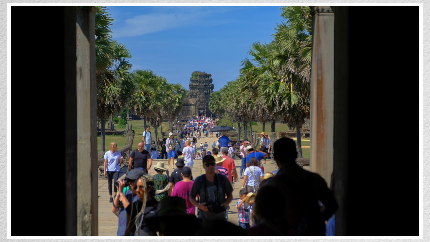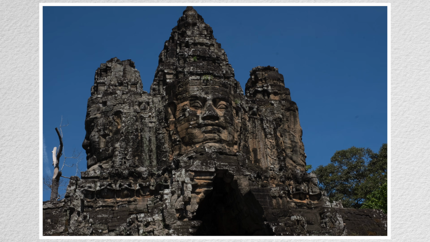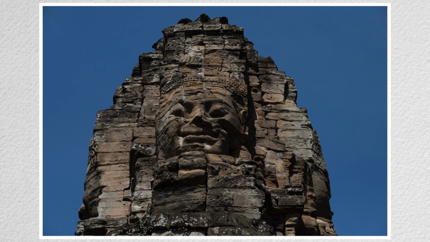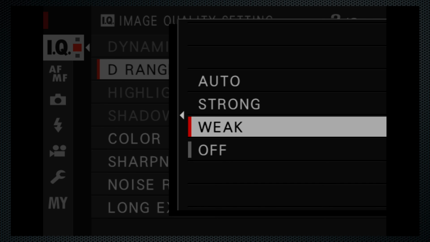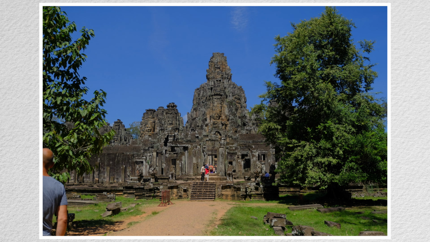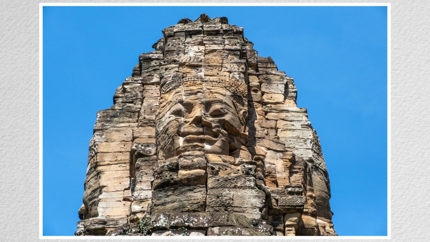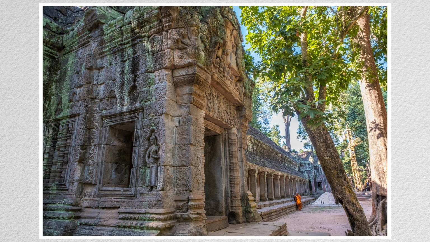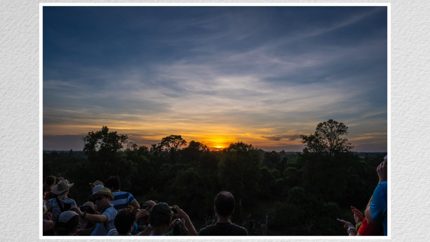The bright sunlight at the Angkor Wat Temple complex in Siem Reap was specifically challenging, particularly for the standard JPEG settings. I tried several of the dynamic range options and found that D-range priority provided a better representation, although not always with accurate colors. Once home, Lightroom was able to manage the extended range in the RAW files to provide the results I wanted. With ISOs under 1600, there was enough latitude to make several stops of adjustments to highlights